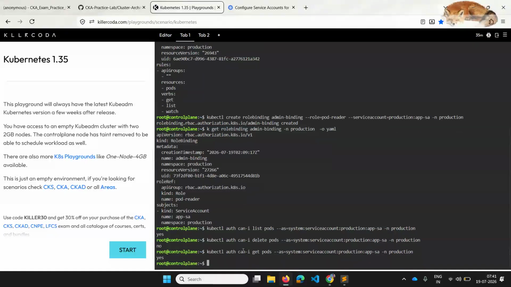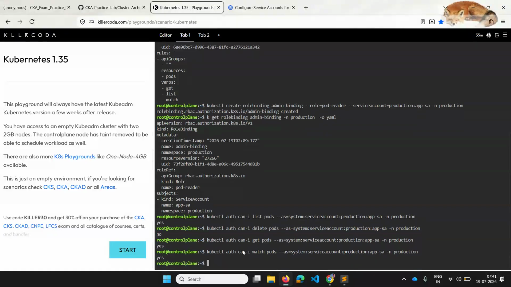Yes. And also if you have to verify watch pods, it still gives us yes. So yes, this is how you can verify using kubectl can-i.